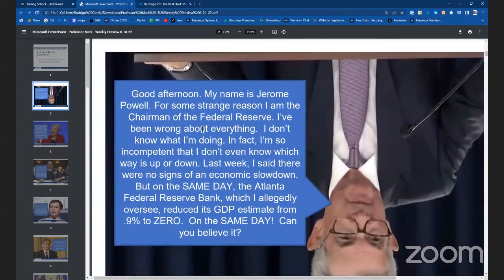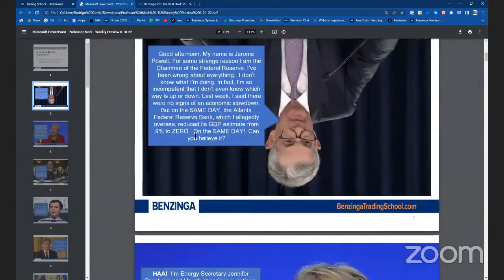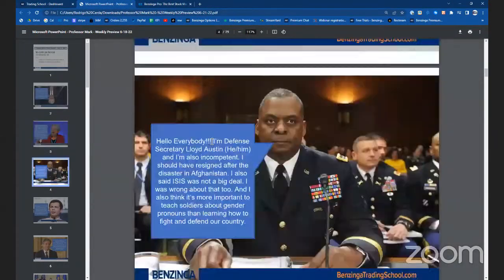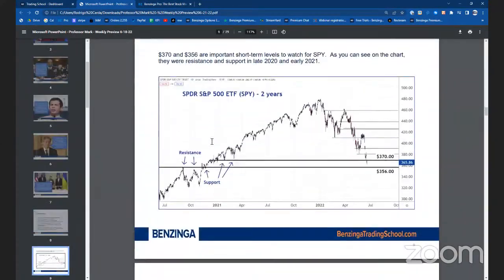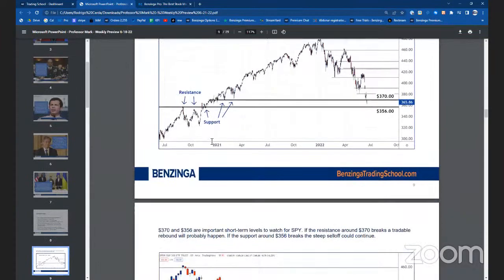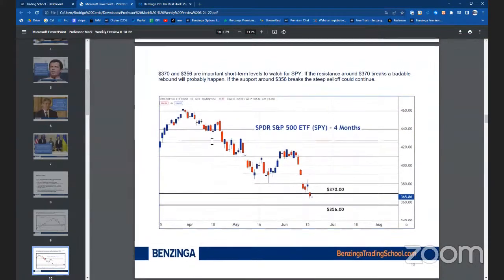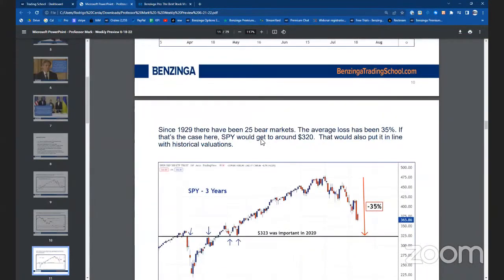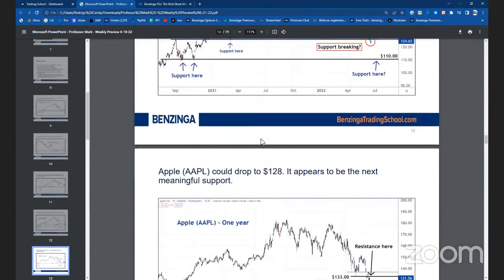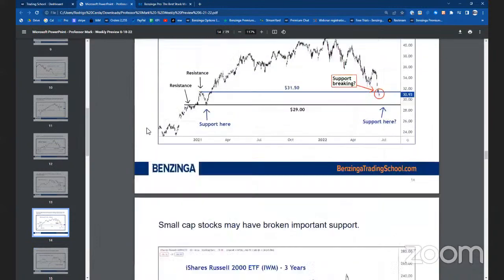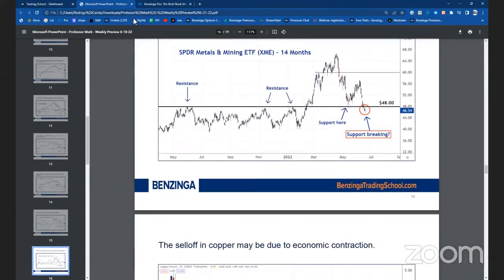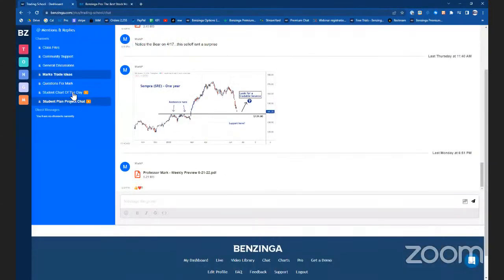Let's see what this is. So, this is basically like what's happening right now with the economy, what's happening with the markets. You always have symbols here that he's trading. So you're looking at certain symbols, levels to look at, to go either way, short or long. The trading school is there to help you fortify your trading style, if you like to day trade, swing trade, do all that stuff. So this is once a week, and you will go over this with Mark. Just to show you quickly.